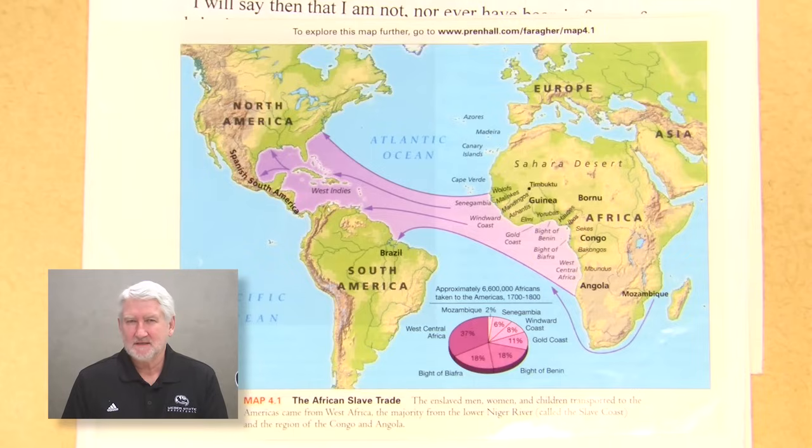Millions of them living in the equatorial regions of Africa in the tropics, not having moved very rapidly toward the technological place that the Europeans were. And so when the Europeans began to be hungry for labor in their American colonies, here you see on the map from North America well into South America, Africa became the place to go get them. And pretty soon, for various reasons we don't have time to talk about in addition to geography, the Africans became the slave class for the Europeans and their American colonies. I'll show you some more pictures.